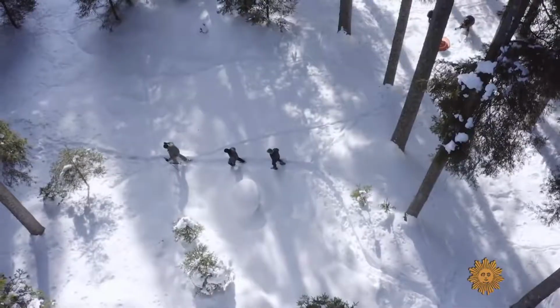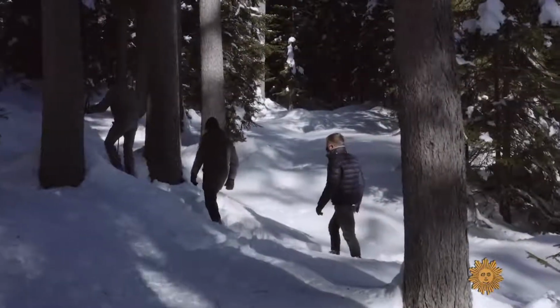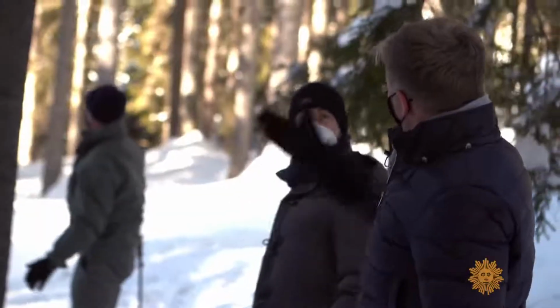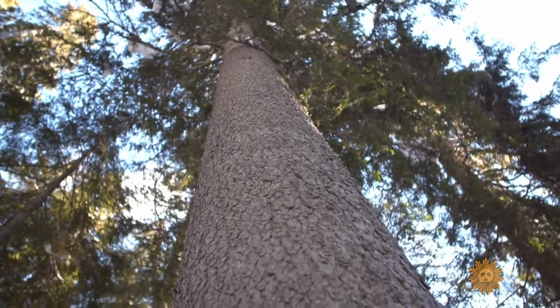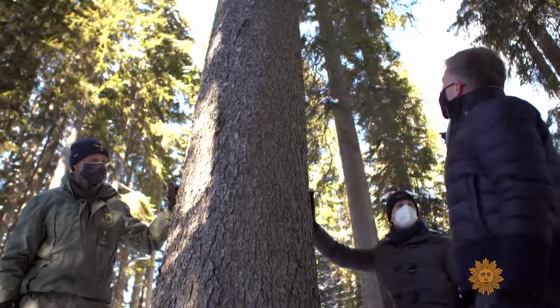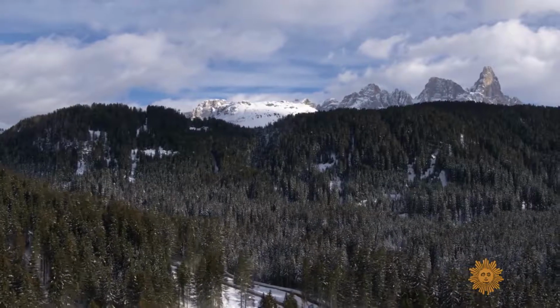We followed in the snowshoe tracks of an Italian forest ranger and Luca Fazioli, a second-generation piano maker. Luca, so he says this could be a good tree. This could be a good tree for a resonating wood. Yes, resonating wood. This likely 200-year-old red spruce has good acoustic properties because at more than 7,000 feet, these trees,